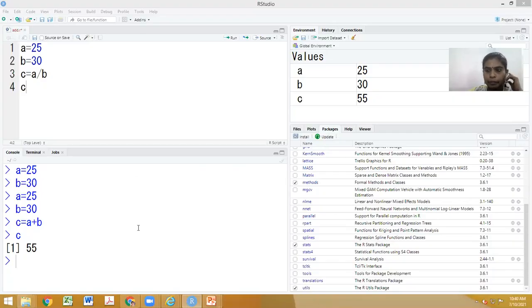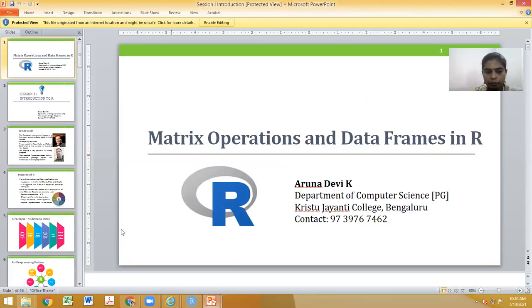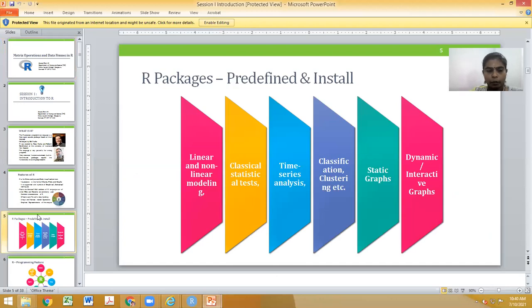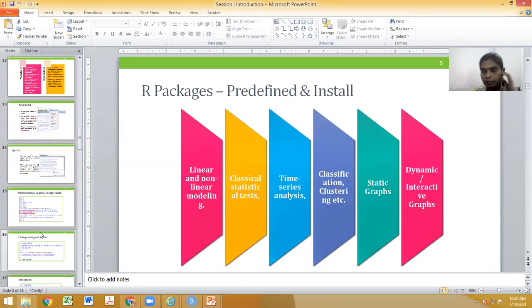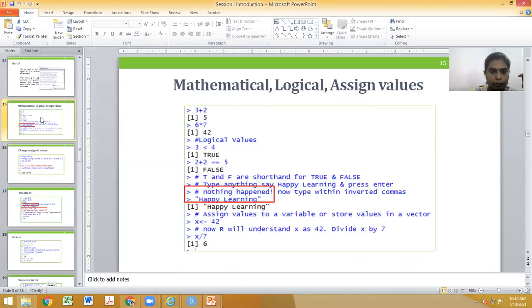Now we are able to execute commands both in the console as well as in a file. You have tried executing the primary commands also, and you are able to see the results. Now let's move on, because our main focus is executing data science applications. We know very well that in data science applications, we will have a variety of data also. Now let's see how we are going to execute different commands.